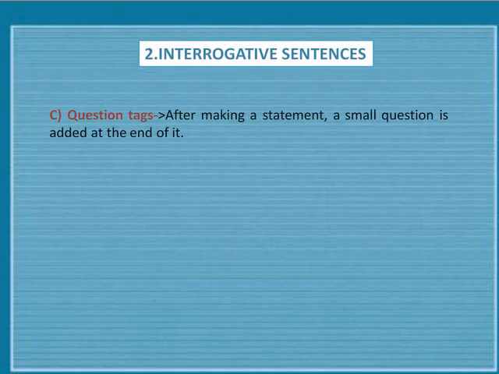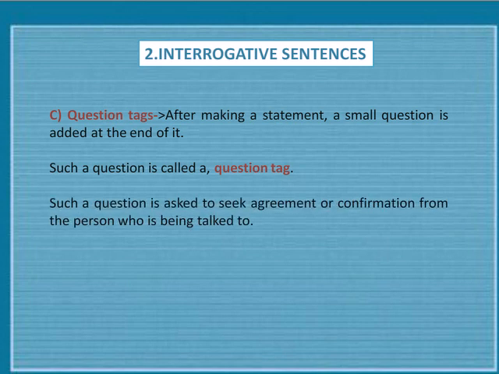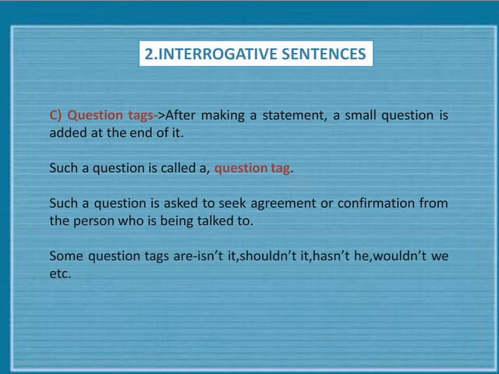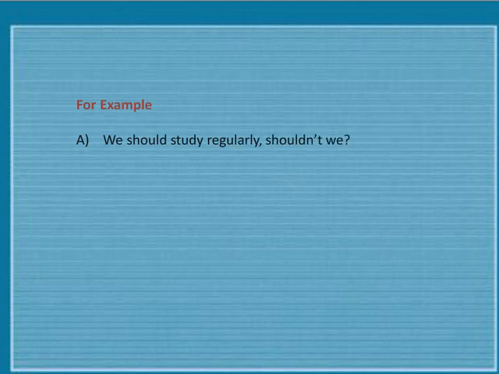Question tags. After making a statement, a small question is added at the end of it. Such a question is called a question tag. Such a question is asked to seek agreement or confirmation from the person who is being talked to. Some question tags are: isn't it? Shouldn't it? Hasn't he? Wouldn't we? Etc. For example, we should study regularly,